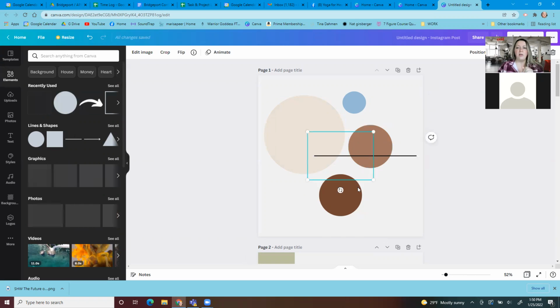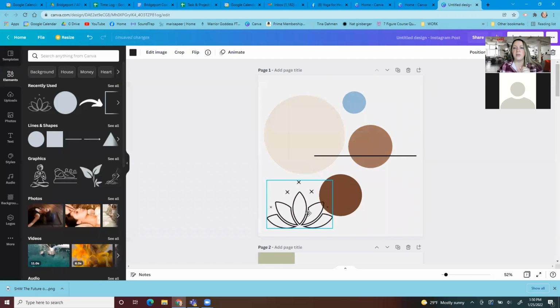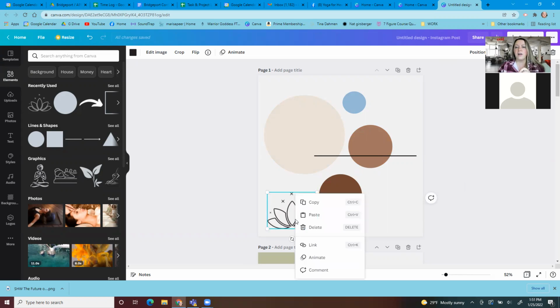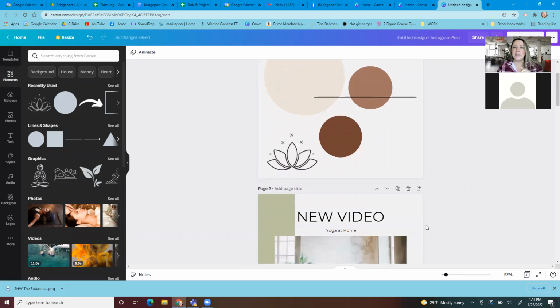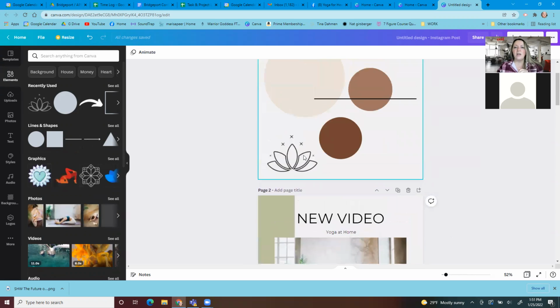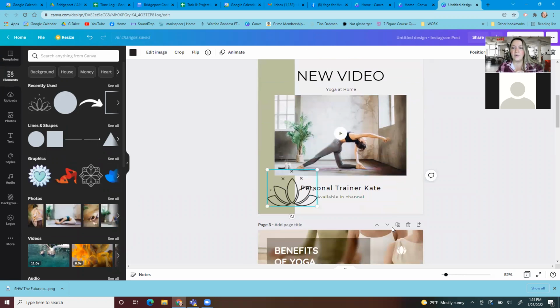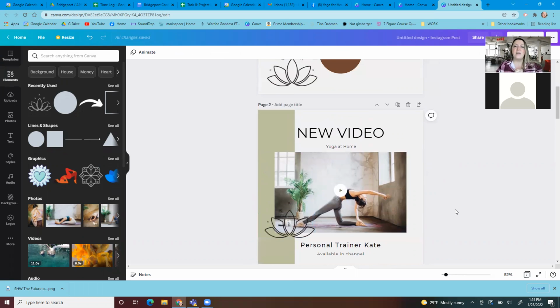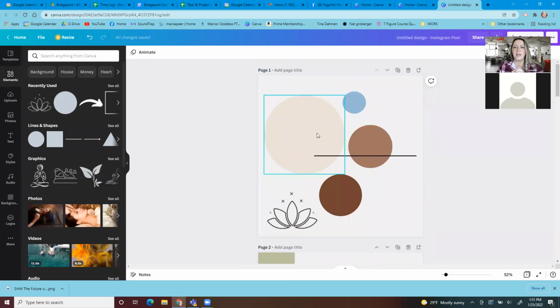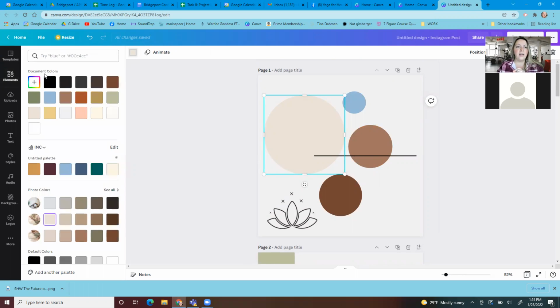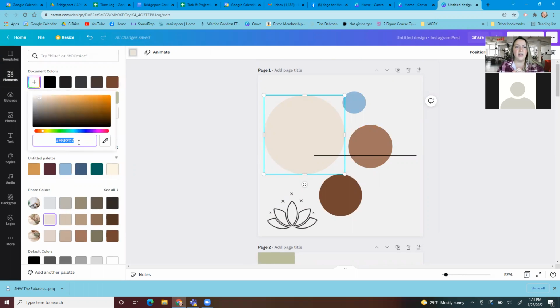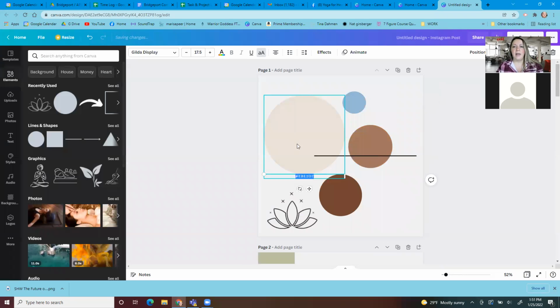Maybe you have a couple little symbols that you want to utilize quite a bit. This will make it so that you can go over here and right click, copy it and paste it into anything. So I could copy, say I wanted to add this as one of my little signature things, and I put it right there. Then these colors that you have, you'll click on it. If you click on the plus sign, you'll see a number down here. Copy that number and paste it